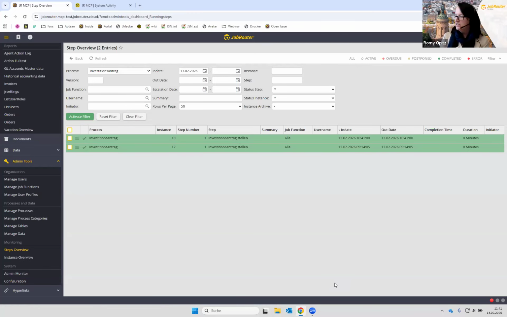if it's a system activity, it doesn't matter. Nobody sees how long it takes. But if you're a user and you're sitting in front of the chatbot, you don't want to wait 60 seconds for the answer to come up. So that's also something we are working on. But that's a short insight into what we are currently doing.